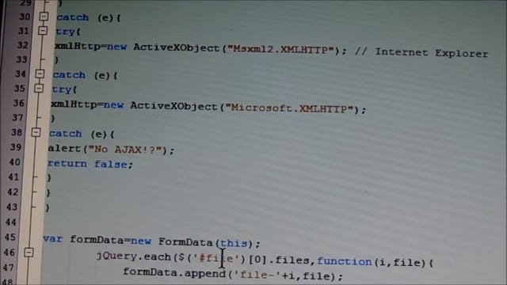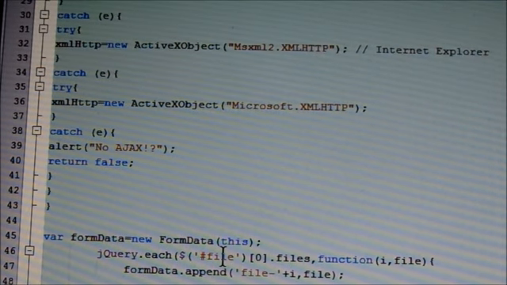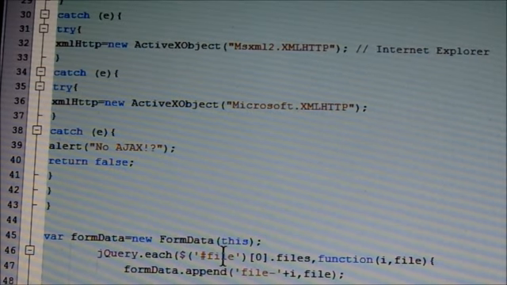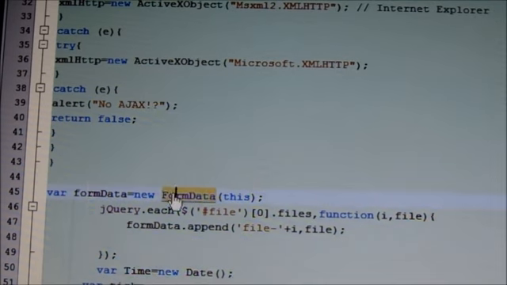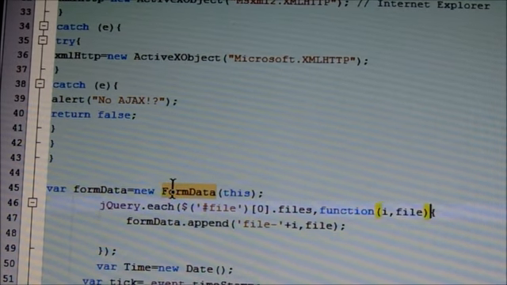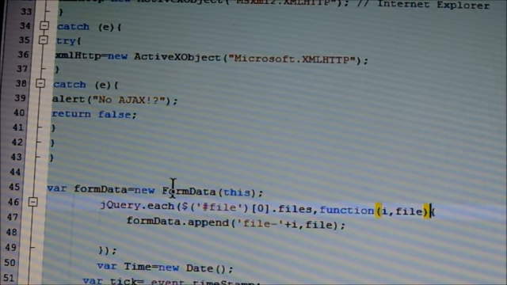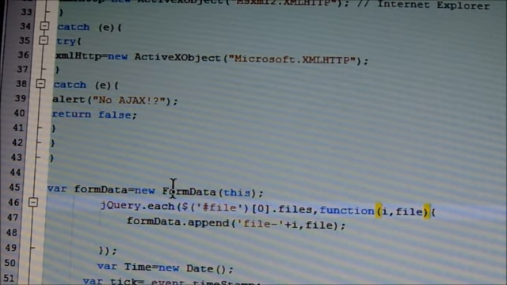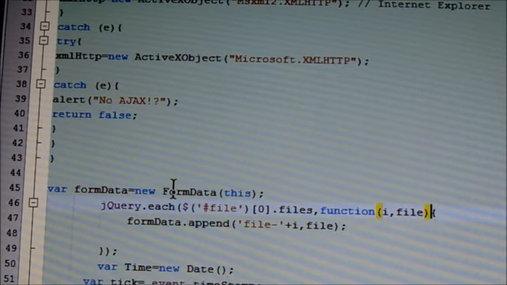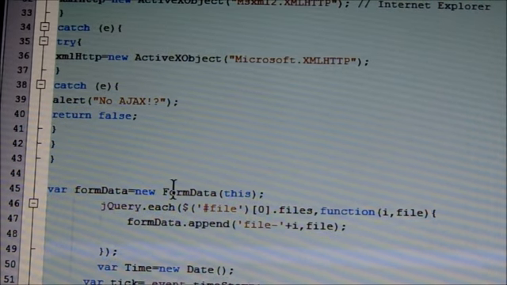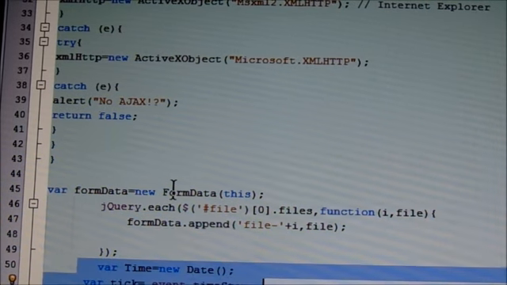Here FormData is a class which is built in HTML5. If you are using a lower version of HTML, then this is not working. This is a function which works on HTML5. Then we are using jQuery.each. This is a function which iterates each object of the files which are browsed by the input file type, and then selects the file. And this is unnecessary. Actually, this is not used here.